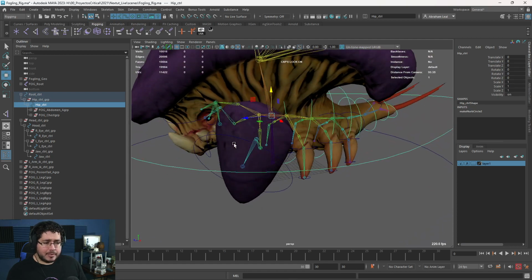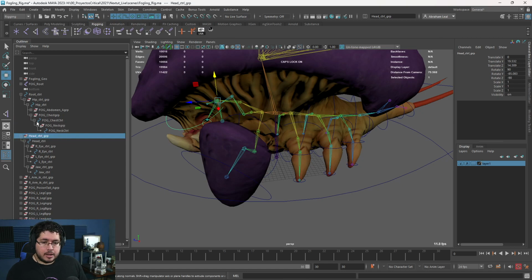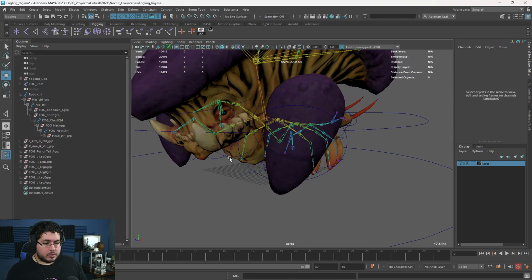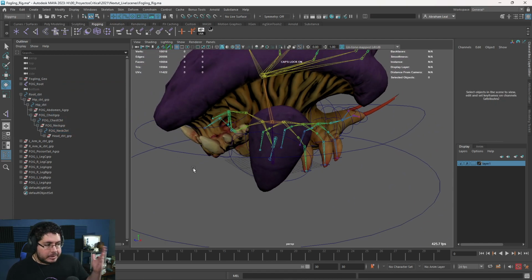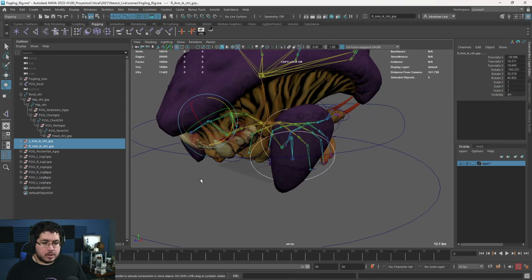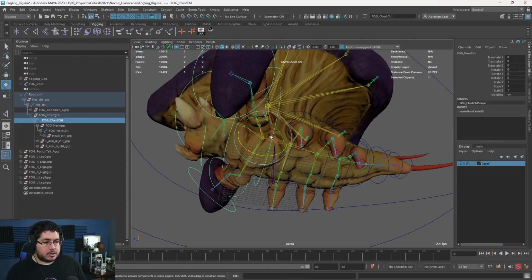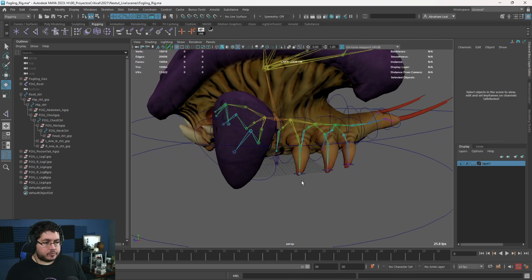So when the hip control moves, the chest and everything else should follow, which as you can see right there, it does. Then the head control should be parented to the neck control. So the head control group will be parented to the neck control group. And again, where the neck goes, the head should move as well. I think that should be fairly obvious, right? Now, both arm control groups, these two control groups that are following, should be parented to the curve of the chest, which is this one right here. We hit P. So again, if this moves, the arms are going to move as well.